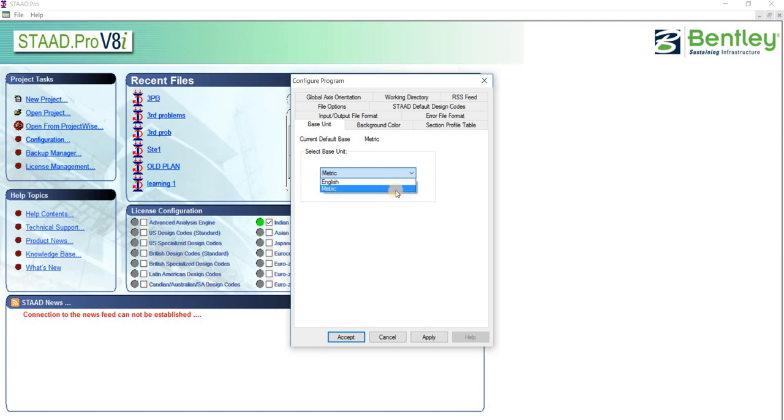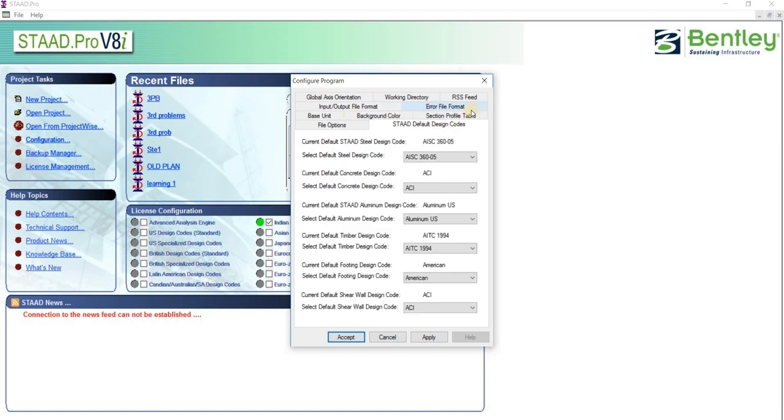I want metric, so I will select metric. The next is about STAD default design codes. Here I'm not changing anything, but you can select the code that is followed in your country. That is up to you.